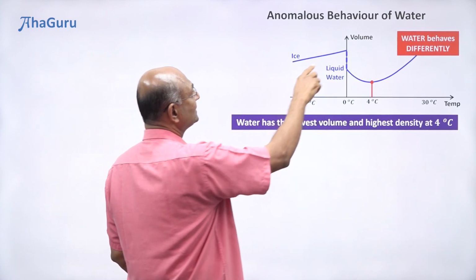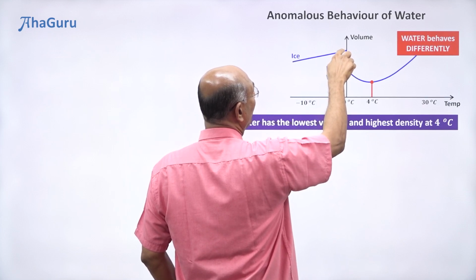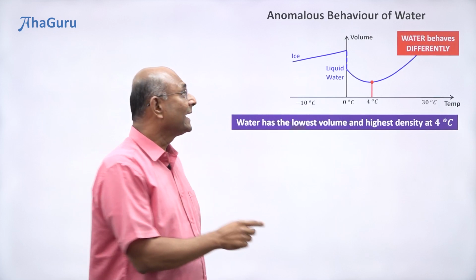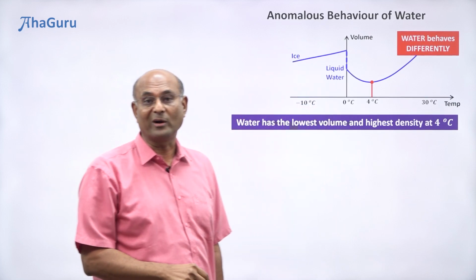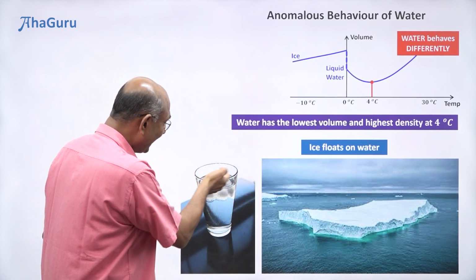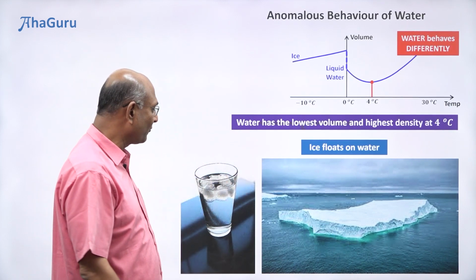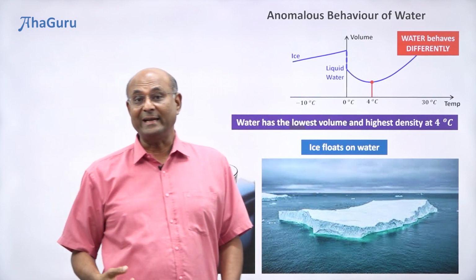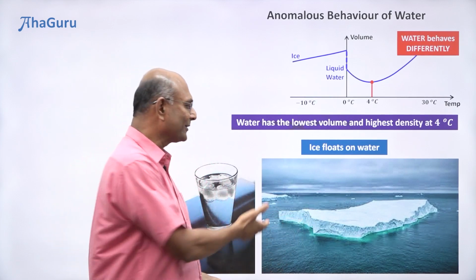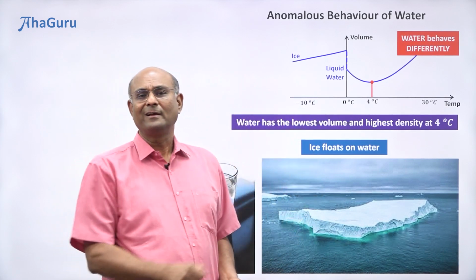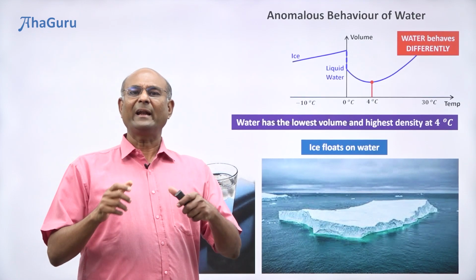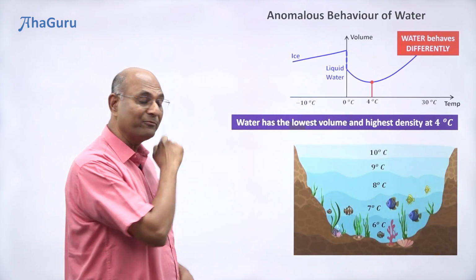First thing, notice, ice has more volume than liquid water. What does that mean? Ice has less density than liquid water. So, ice floats on water. That's why ice cubes float on a glass of water. You have icebergs, right? Glaciers floating on water. This is why you have Titanic, right? You had all the Titanic movie because of this. Okay, now that may sound like a little bit of curiosity, but how is that related to life? Let us look at that more carefully, okay?